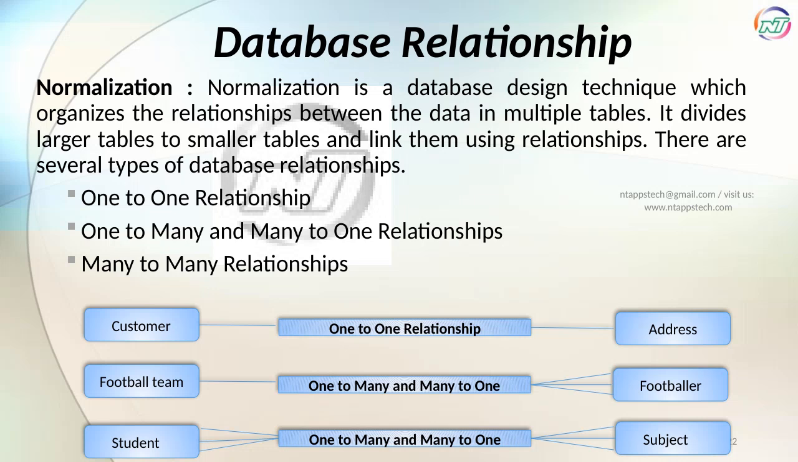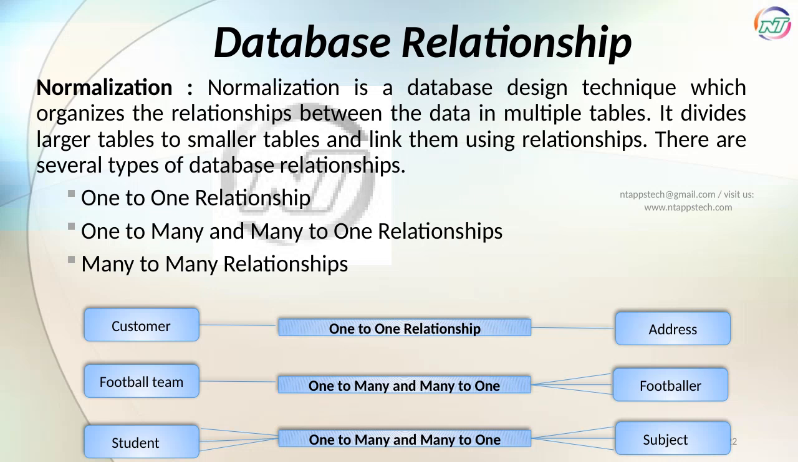Normalization helps organize data by breaking down large tables into smaller, related tables. This process reduces redundancy and improves data integrity. There are different types of relationships used to link these tables, including one-to-one, where each record in one table corresponds